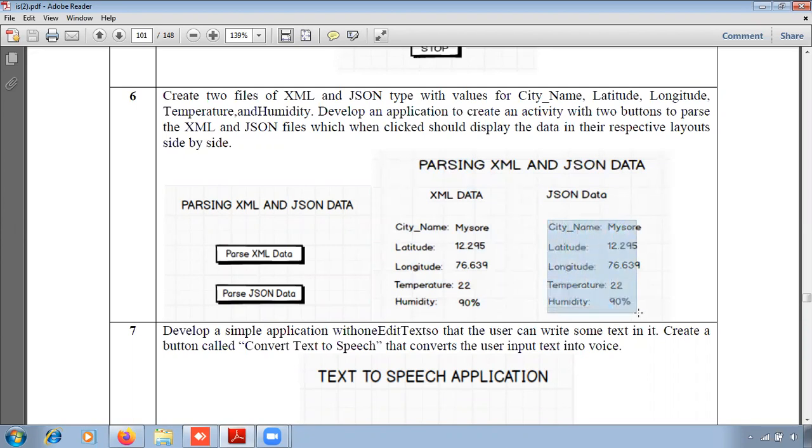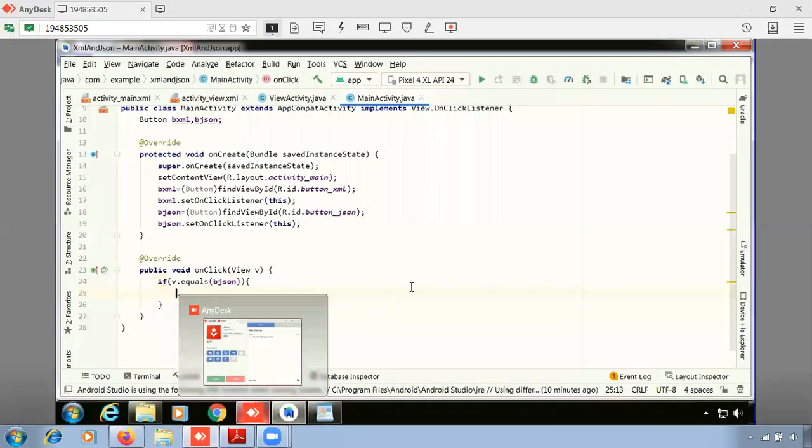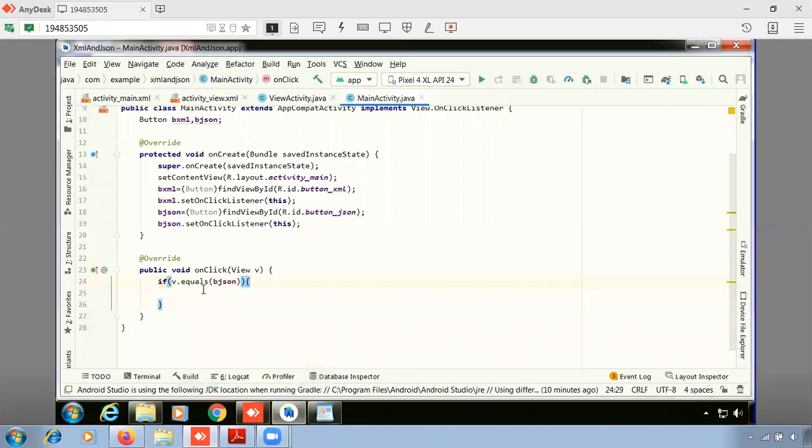That should be replaced with this whole data, that is city name, latitude, longitude, temperature, humidity. So for that, if v dot equals to JSON,